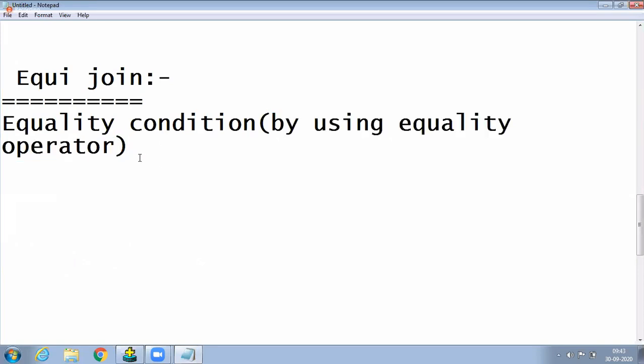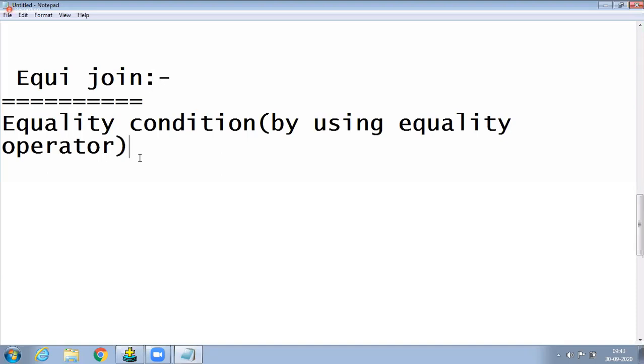Close the bracket. Based on equality condition, by using equality operator, we are retrieving data from multiple tables.